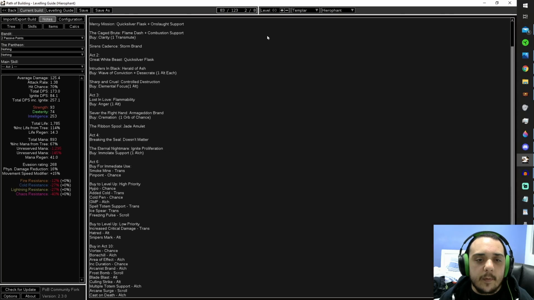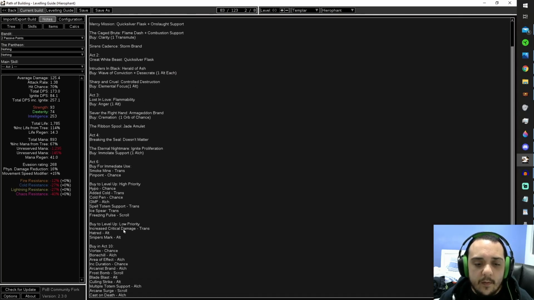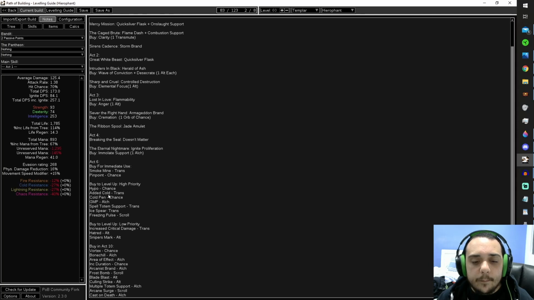Now, something to keep in mind is that you can find a written explanation of all this in the notes section, and in the notes section is also contained a list of the gems that you want to be purchasing in Act 6 from Lily. I really recommend you give this a good, thorough read, and you keep it in mind when you are League starting. This basically explains which gems you want to be buying off Lily and then leveling up in anticipation